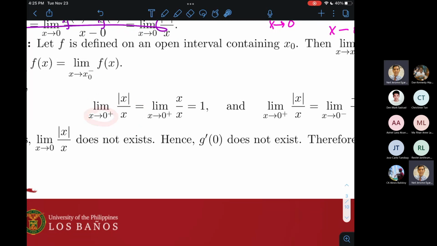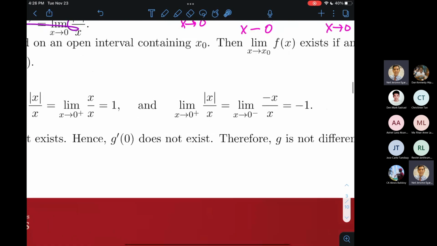For x's coming from the right of 0, yung mga x's na yun ay laging positive, right? Tinitingnan natin ano yung nangyayari mula dun sa kanan ni 0. Pero sa kanan ni 0, lahat ng numbers doon ay positive. So, the absolute value of any positive number is itself, right? Absolute value of x is equal to x if x is greater than or equal to 0. Hence, the absolute value bars will just vanish in the next step. Tapos meron tayong x over x is equal to 1, limit of 1 as x approaches 0 from the right, that's going to be equal to 1. However,